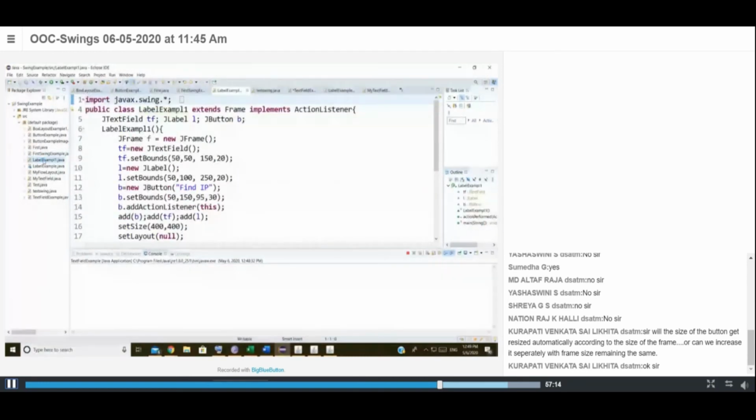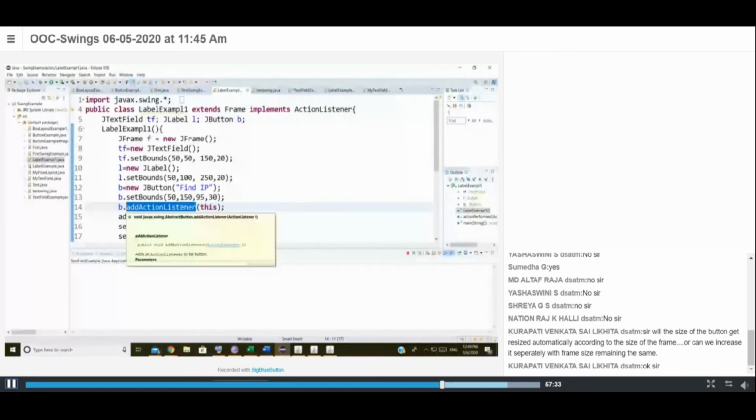Label example. So we know if I press any button, some text has to be displayed. That application we came across. The only thing is, whenever you click on a particular button, the very important method you have to call is add action listener. Whatever event you are going to specify here, if you click on that particular plus or minus or any button, what action has to be taken should be mentioned in this method. That is important.